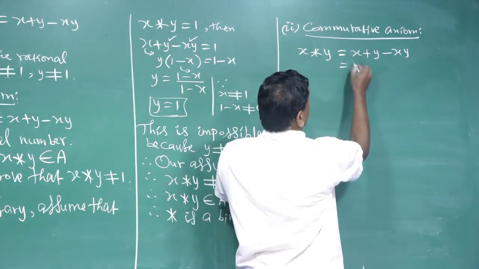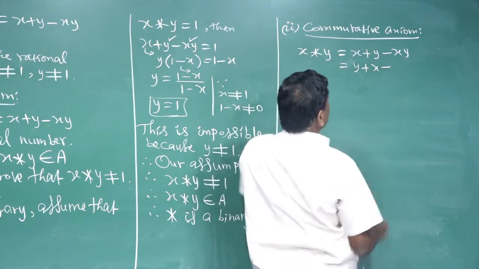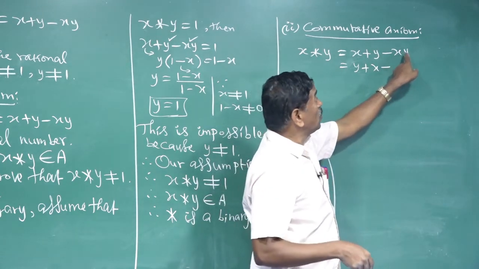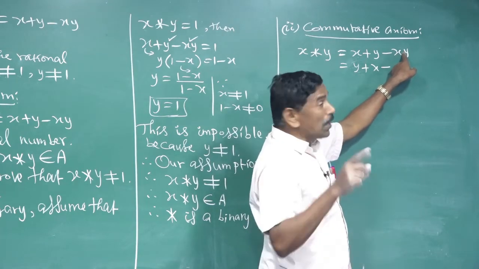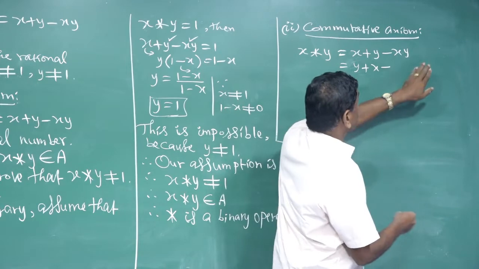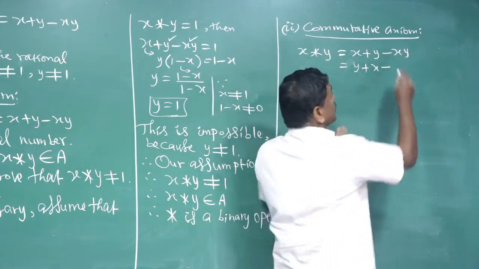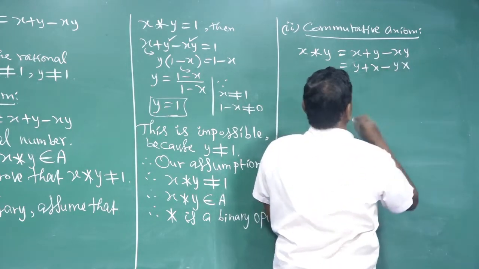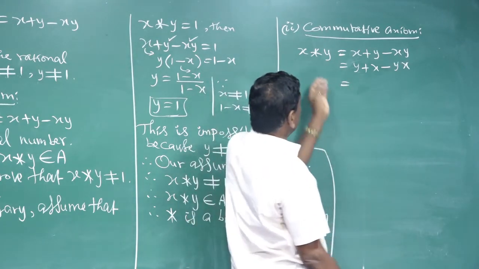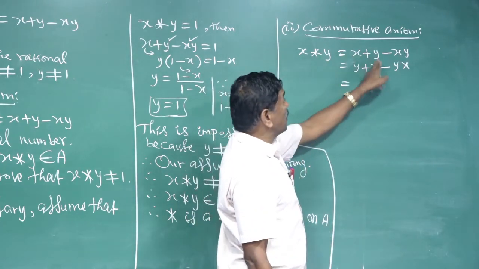So, x plus y is equal to y plus x minus x into y. Here x into y is the multiplication. Multiplication is commutative in the set of all rational numbers. Therefore, x into y equals y into x. That is commutative. Now, x star y is equal to x plus y minus